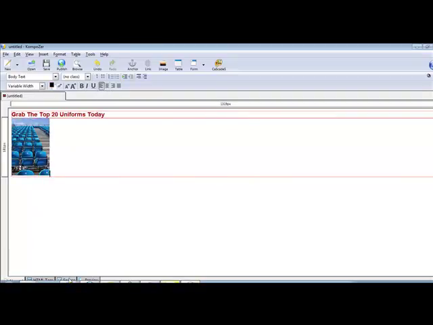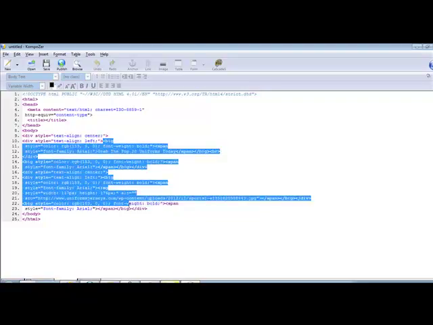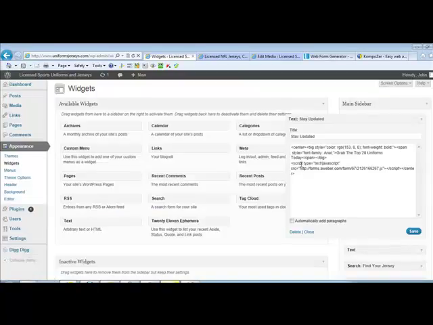Okay, so let's just grab that image link, and I'm doing all this in Composer so that I can easily copy and paste back and forth here. So let's come right on in here, and we're just going to highlight all this text again. All right, and then we're going to jump back over here, and we're going to paste this in right above